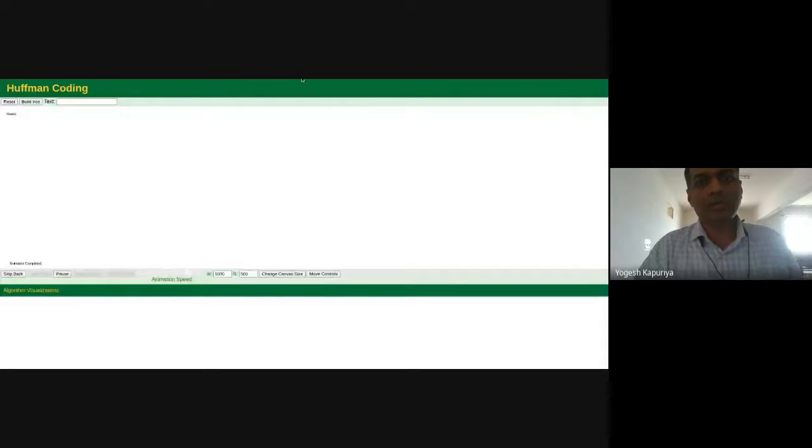Okay, so again, this is a very good tool for checking the Huffman codes or generating Huffman codes for any given problem statement. So this is where we first need to give the text. So let us make it very simple. So we are using just 5 letters. Maybe 6.